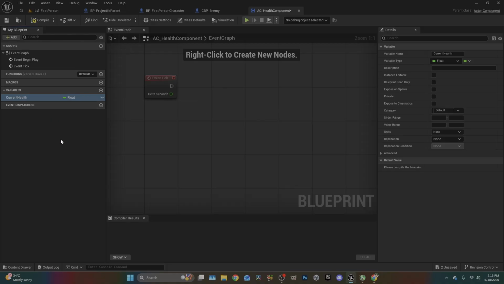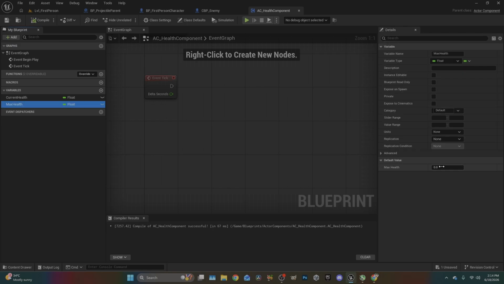Create this as a float. I will duplicate that, and instead of current health, I will call it max health. Compile and save. And let's just set some values for this. We'll say the max health is 100. We'll set the current health to 100, but in case we decide to change whatever our max health is, on